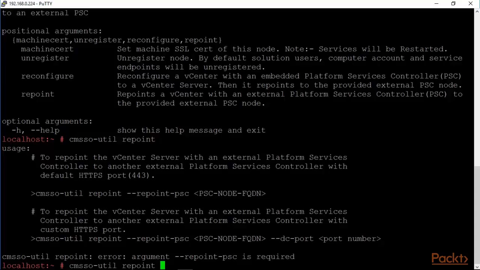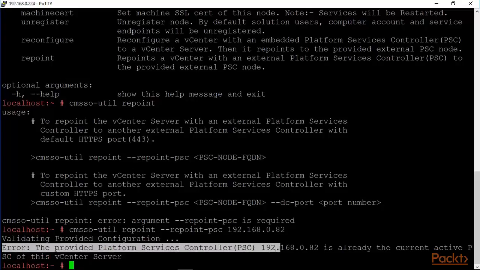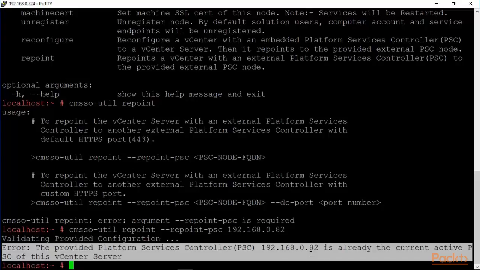And so what I will do is repoint it to 192.168.0.82 platform services controller, and you will see that this vCenter is already connected to this platform services controller, and that's the message that we get, that the provided platform services controller 192.168 is already the current active PSC of